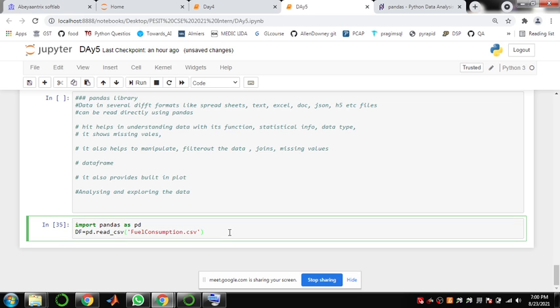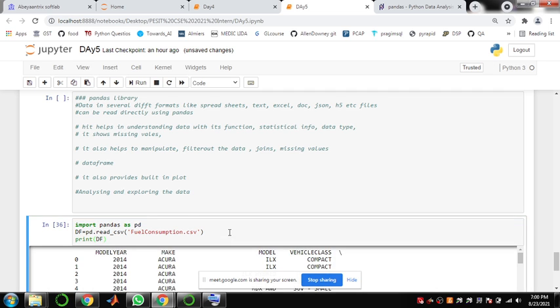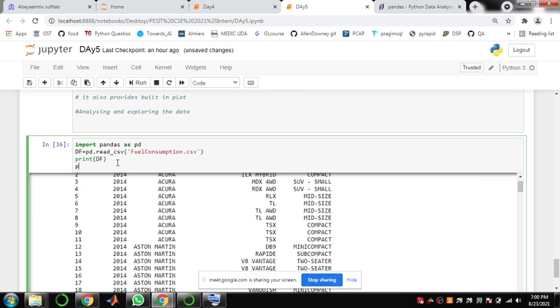If you check the data type of that variable, so I'm printing type of df.